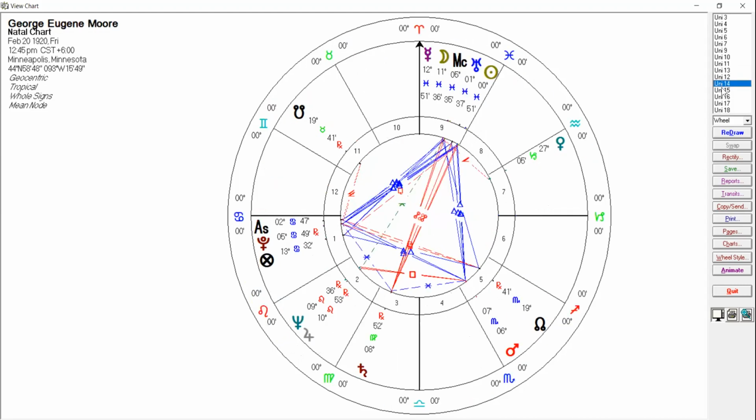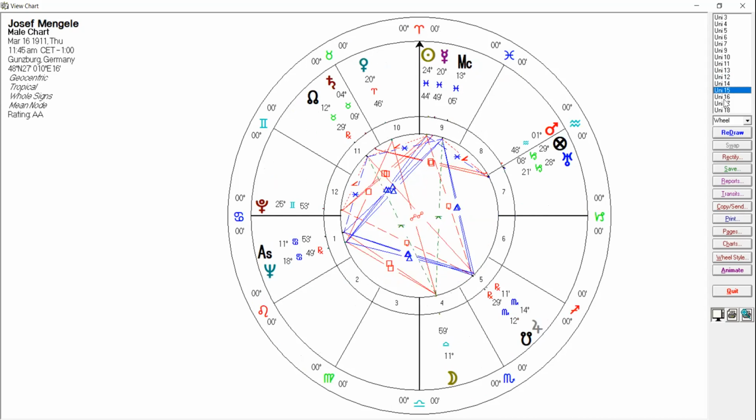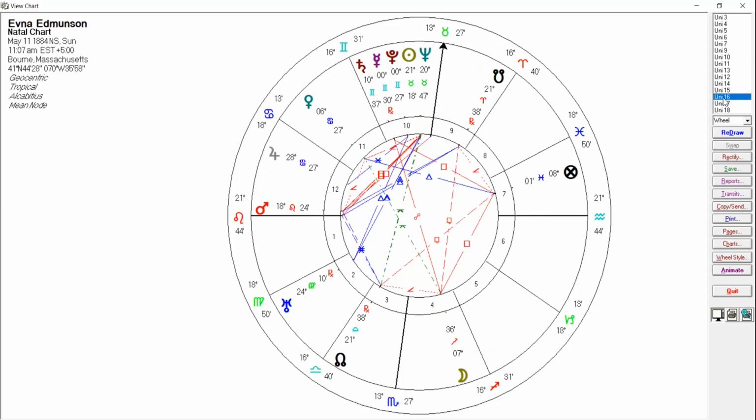That was George Eugene Moore. I think I've got, oh, that's Holstein Mengele. Okay, so these are nurses. And one of the things that we're consistently hearing with nurses is that it should be the moon, it should be connected, should be a major thing in these charts, right? So the moon should be a main thing. But I think we're going to see that it's turning out to be somewhat similar. First of all, note that the planet on the ascendant is Mars,